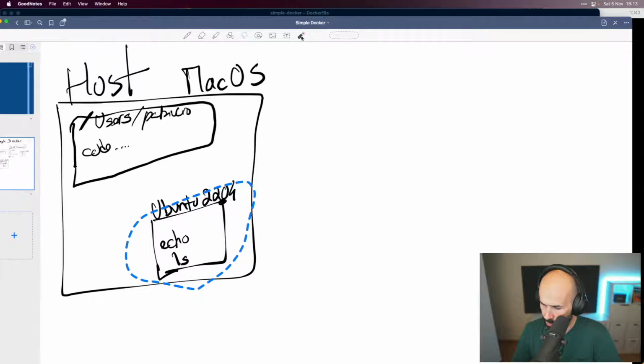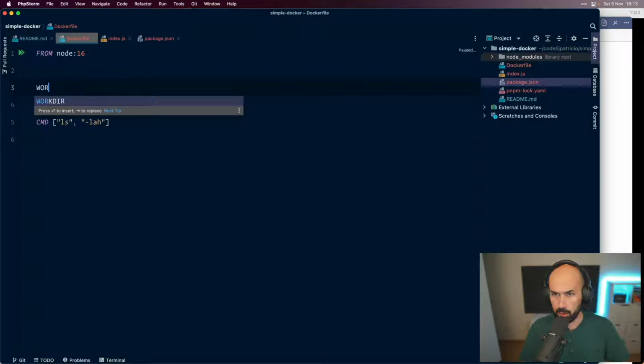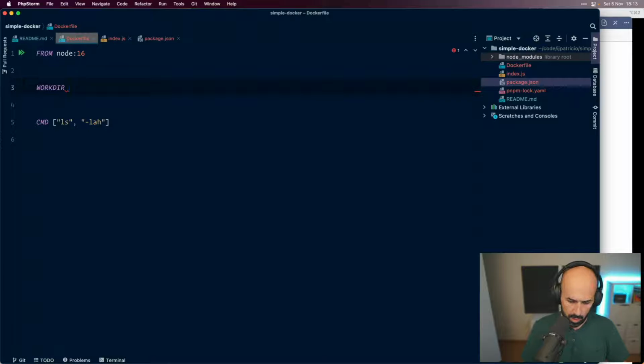So we have the files in my machine in some folder, and we have the container running here. What we're going to do is, for the build of this Dockerfile, we are going to copy the contents from inside the machine to the container. So for starters, I'm just going to say that I want the default directory, workdir, inside the container to be /app.